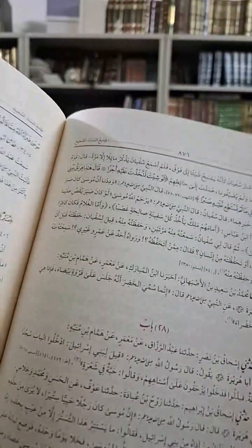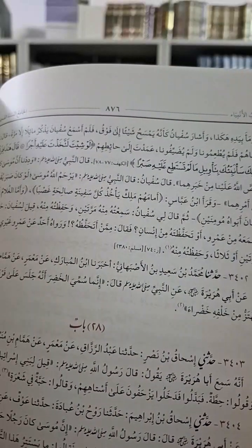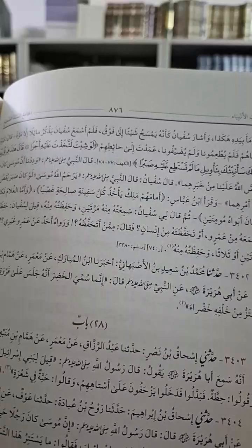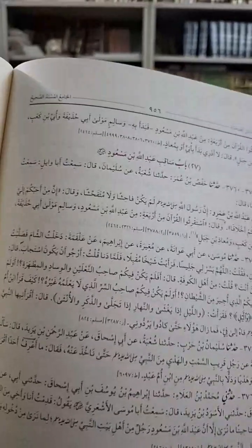The qira'at which were recorded by Imam al-Bukhari, or how the Sahaba read the ayat, they've been written as they were in Sahih Bukhari. Because some of the publishers, they put in the ayah from the Mus'haf, although Imam al-Bukhari rahimahullah wrote the ayah in another qira'ah, or the Sahabi recited it in another qira'ah. So when there is another qira'ah which is other than Hafs, we mentioned that in the footnotes, and if it is from the Shadh, right, we put special brackets on them to distinguish it from the mutawatir qira'ah. Right, for example, you can see here,